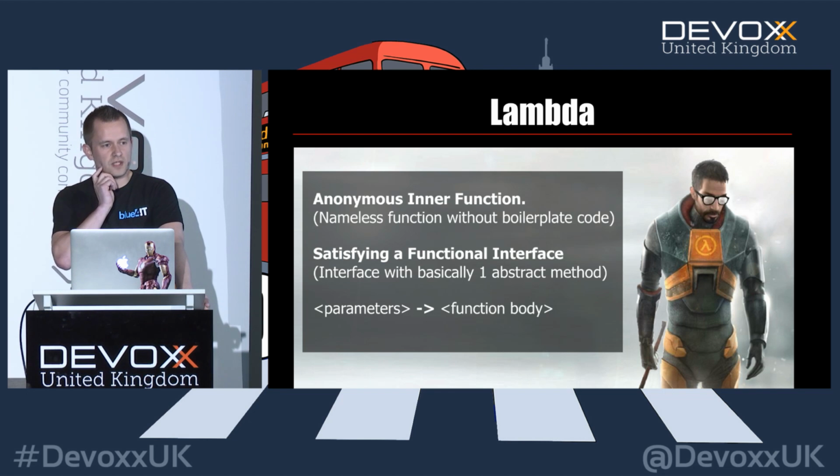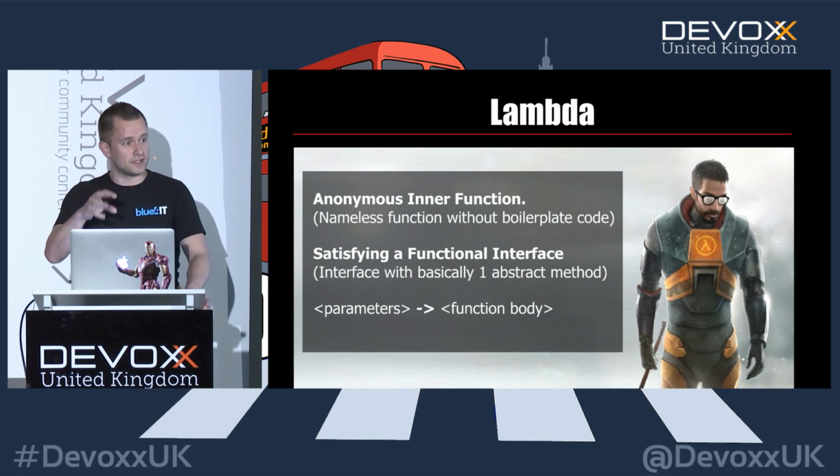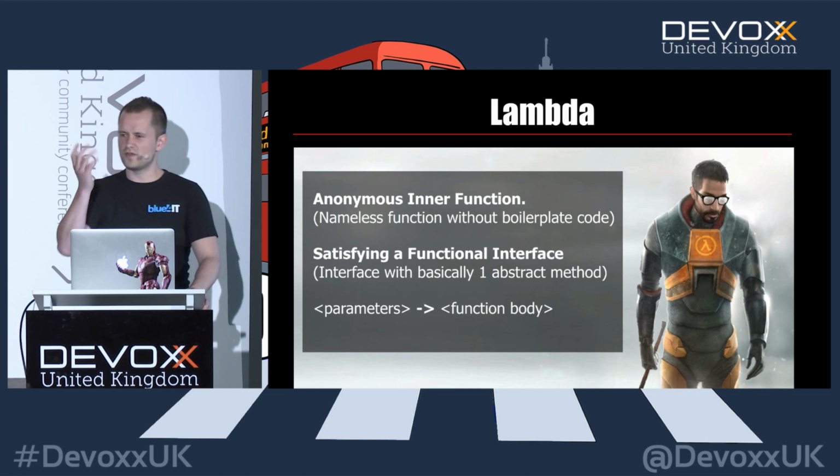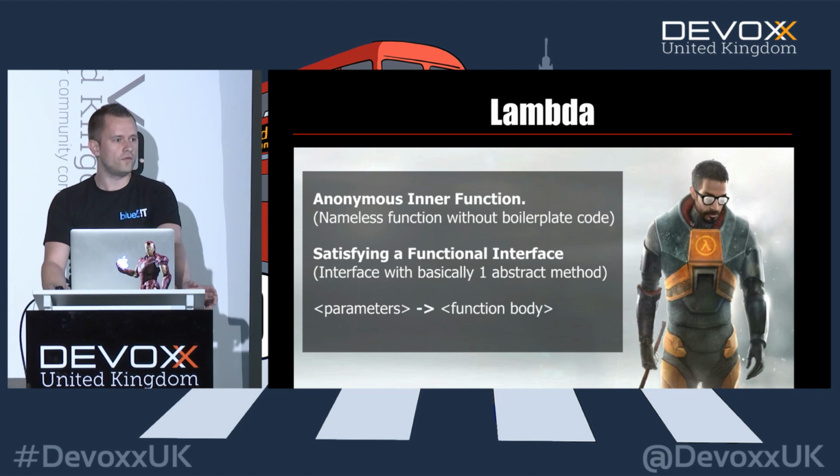But then we have to ask ourselves, what is a function? Before Java 8, we didn't know any functions. There were no functions, because we work in an object-oriented world, right? So we have methods. And methods are actually subroutines of a class. A method has to live inside a class. So what is a function in that case? Well, if we look at the Java perspective, a function is simply something that satisfies the functional interface, which is an interface with only one method and has the annotation FunctionalInterface above it.